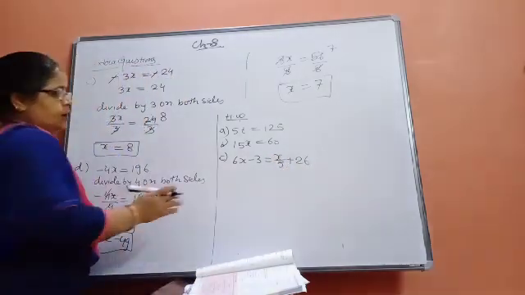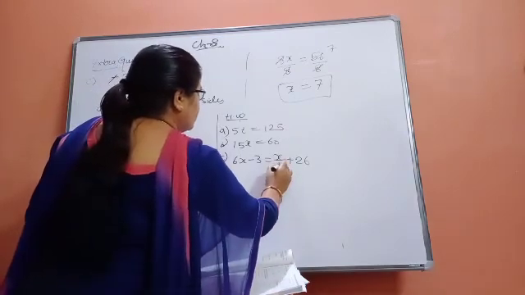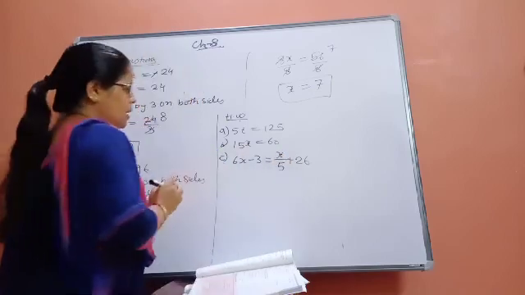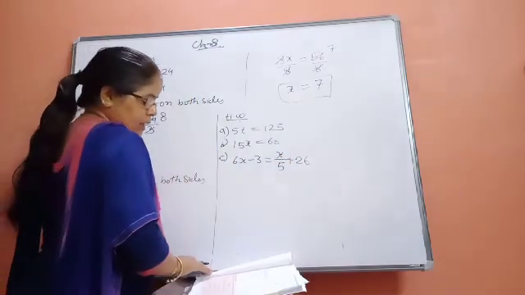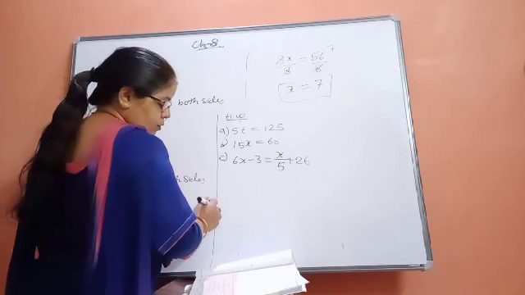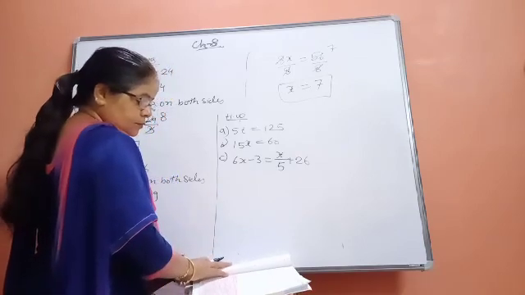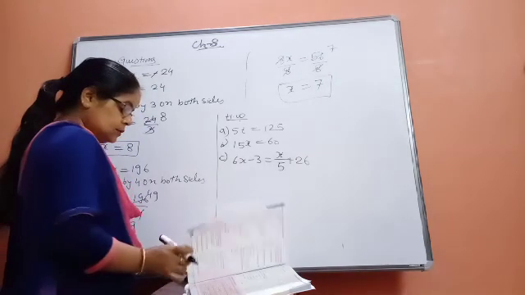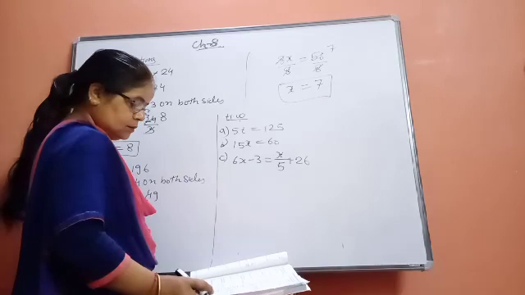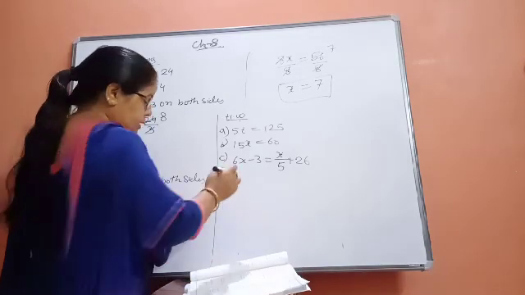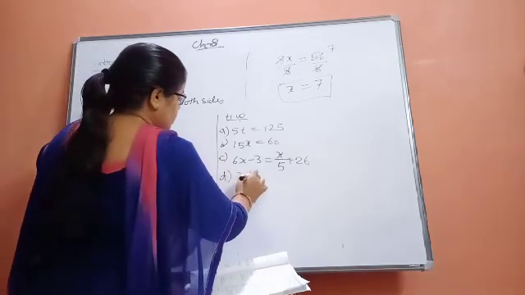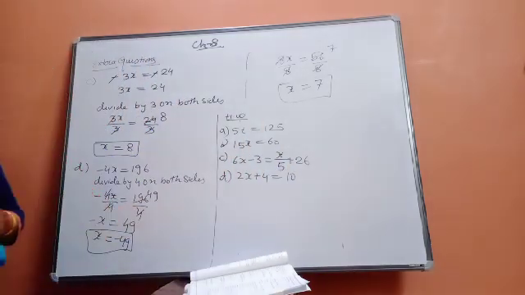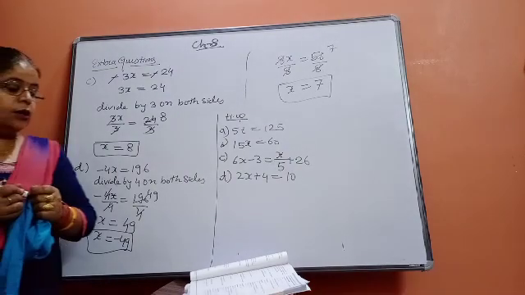You will do one part, x upon 5 plus 26. And one simple question I am going to give you: 2x plus 4 is equal to 10. So do these 4 parts as your homework,